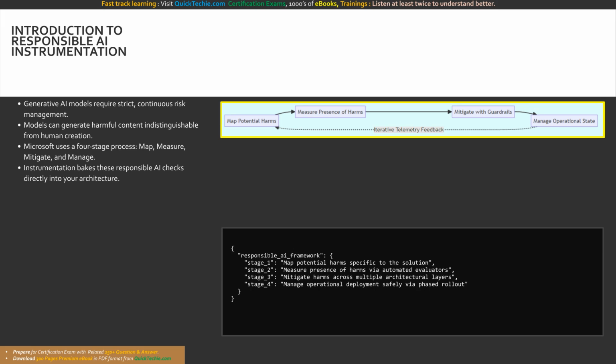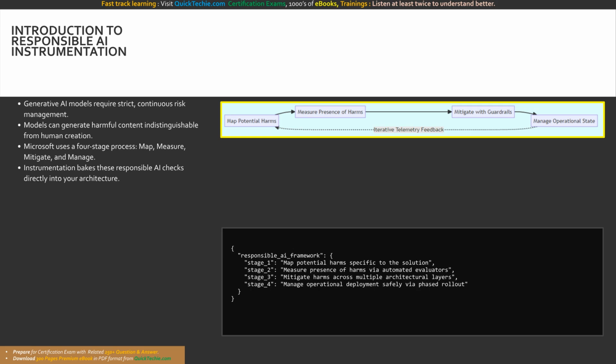We cannot rely on manual vibe checking. We need mathematical precision. You must rigorously measure the presence of specific harms using automated evaluators, implement robust mitigation strategies such as safety system guardrails, and establish explanation tooling through transparent user experience design. By instrumenting your AI agents properly, you transform subjective safety goals into objective, verifiable engineering quality gates. Let us dive into how we map these risks and configure our automated measurement tools to build a rock-solid, trustworthy